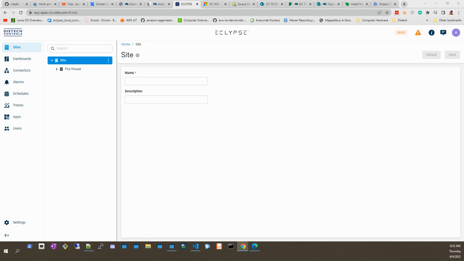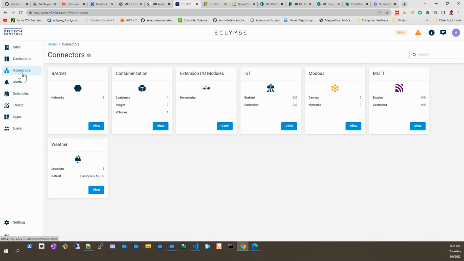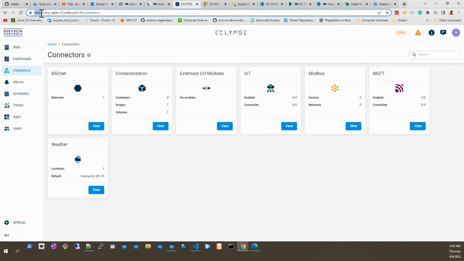Hi, this video is meant to serve as a demonstration of the capabilities of the Apex Docker container feature. This is an Apex controller. From the home screen, one can go to the container screen,